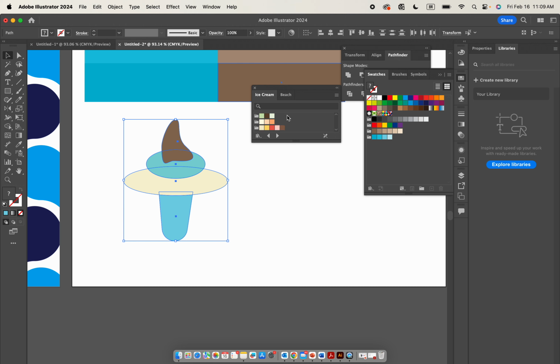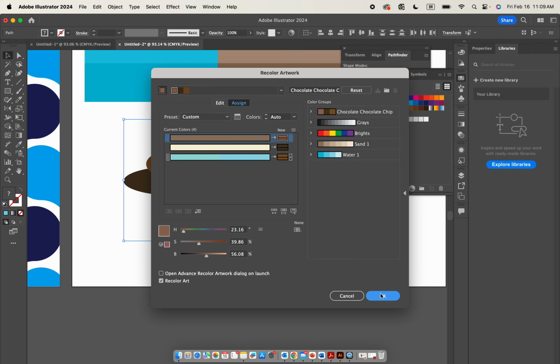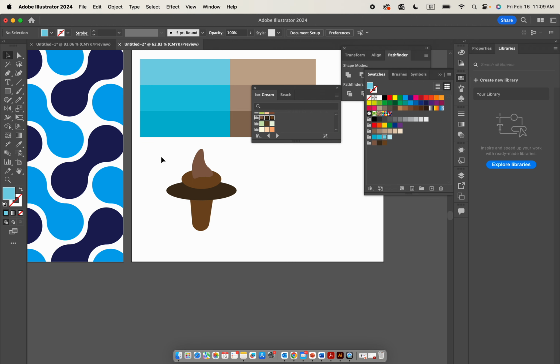You can see here are the color suggestions for the ice cream. So I want to change them into a chocolate ice cream, which is this option. So I'm going to click on the folder, and it shows everything is selected. Apply the color group to my design. Hit OK. You see, I got a